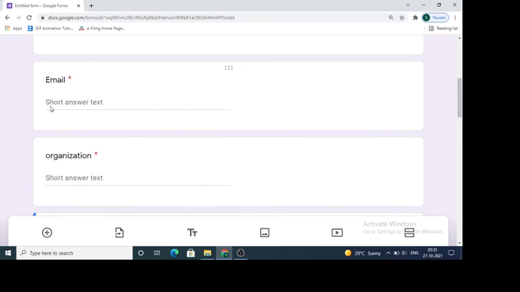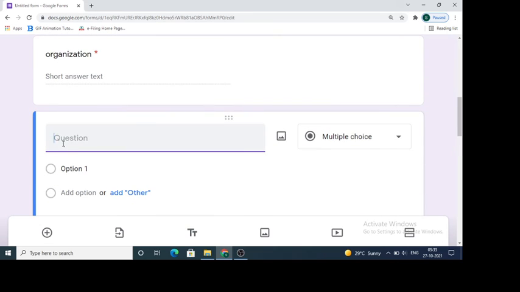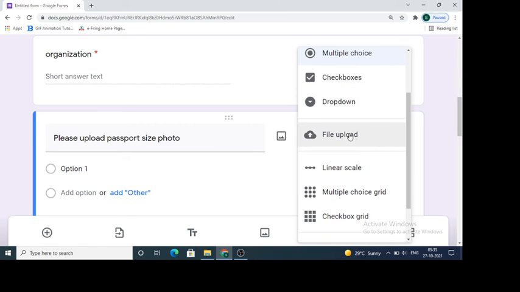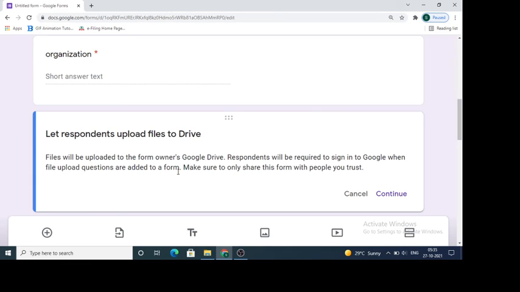In case you want to upload the photo, please upload passport size photo, and over here we will not take short answer, we will take file upload.